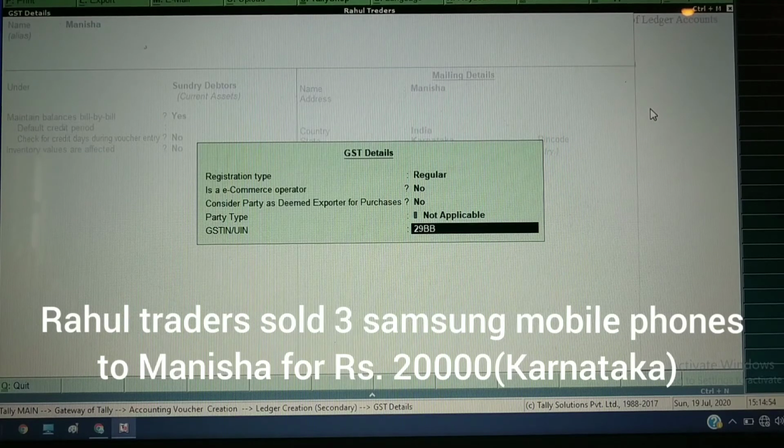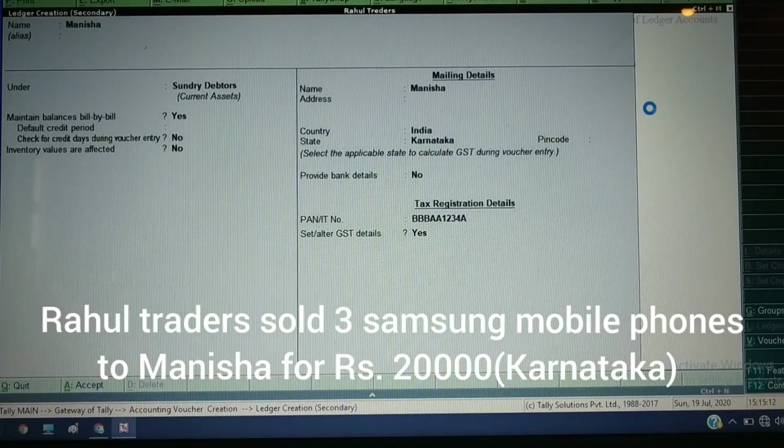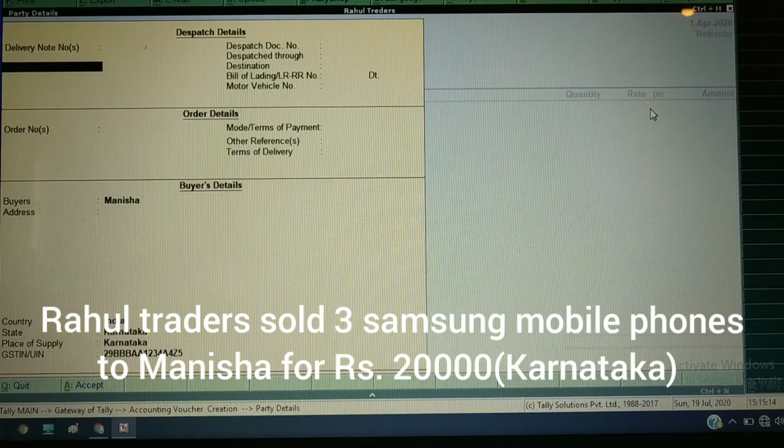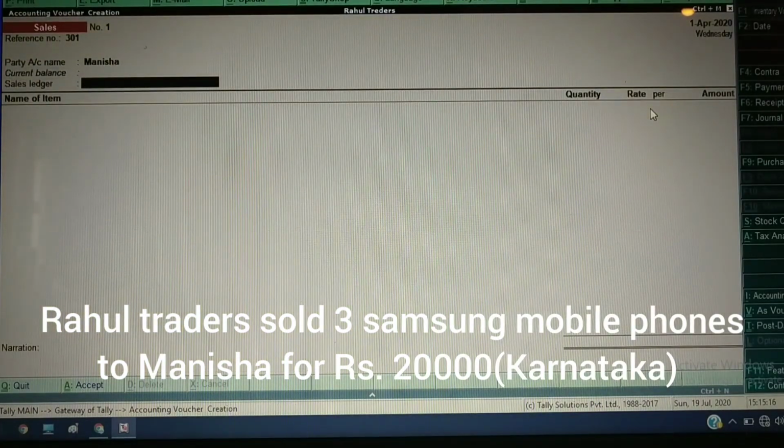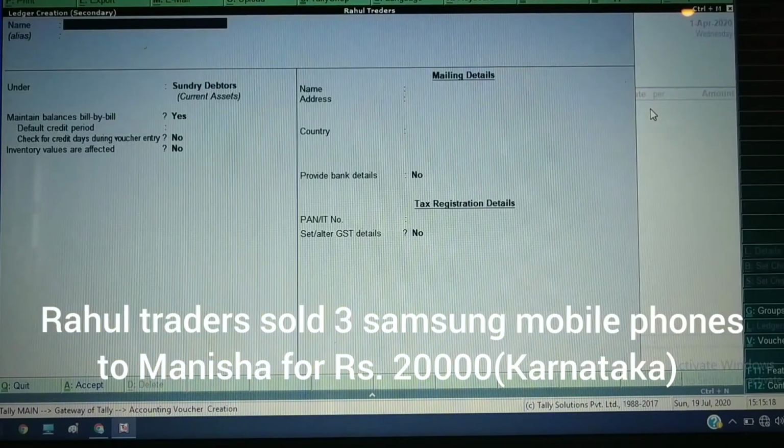So first she took BB, AA, then 1, 2, 3, 4 we took, and then here is A, and then here we need to write the number, and then Z is compulsory, and here we need to write the number. Take enter. Accept this.